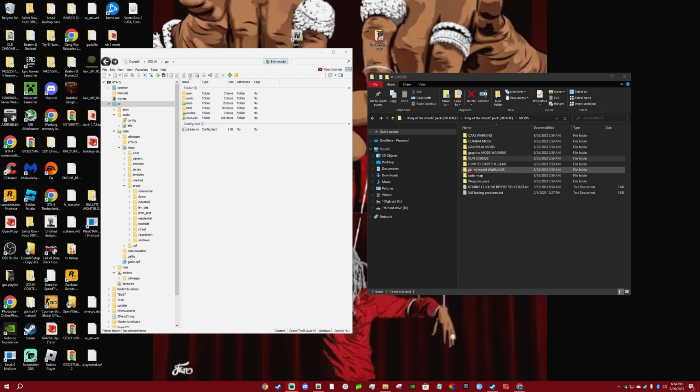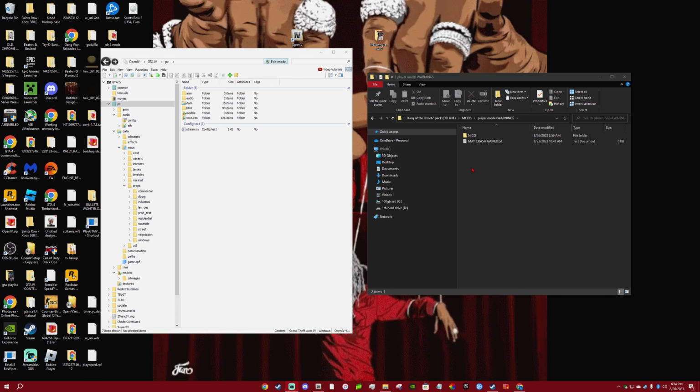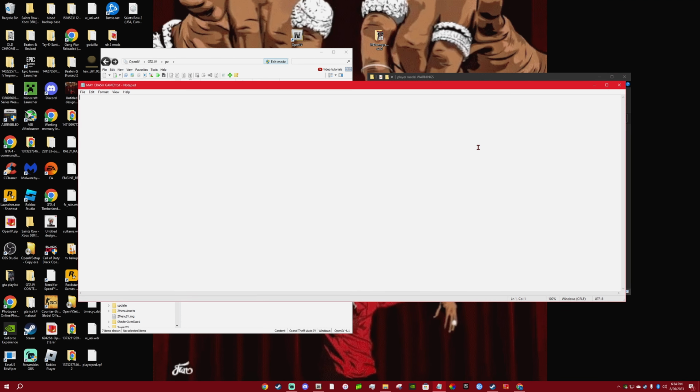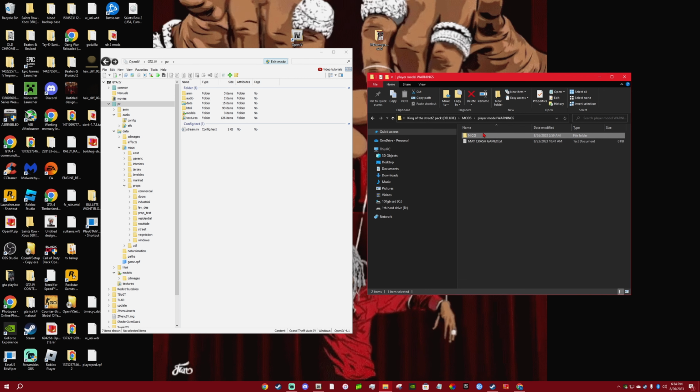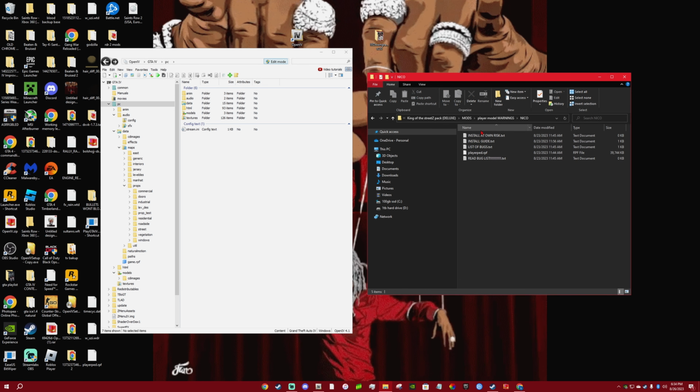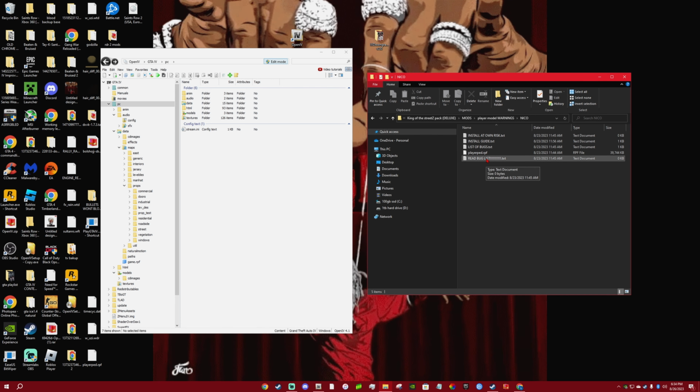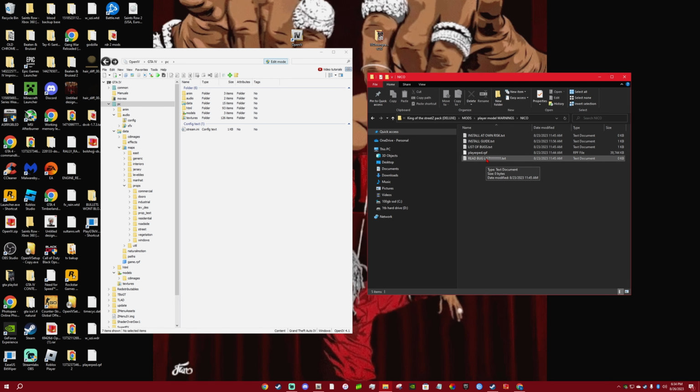Okay, player model. This one is a warning. This one will crash your game if you don't follow the directions properly. This is very buggy. If you go in and change some of the clothes, and you're not paying attention to what you're changing, you can completely freeze your game. This can lag you sometimes with certain outfits on. I don't know why it messes up like that. It's something I haven't fixed yet.